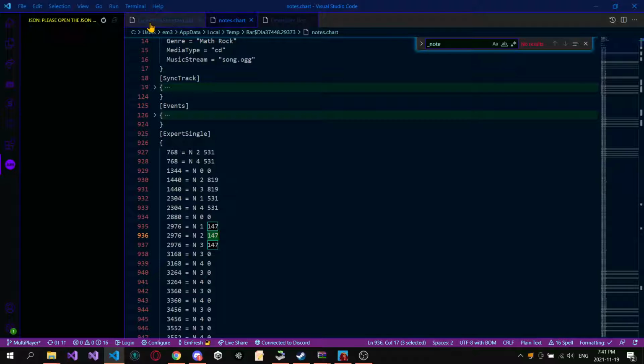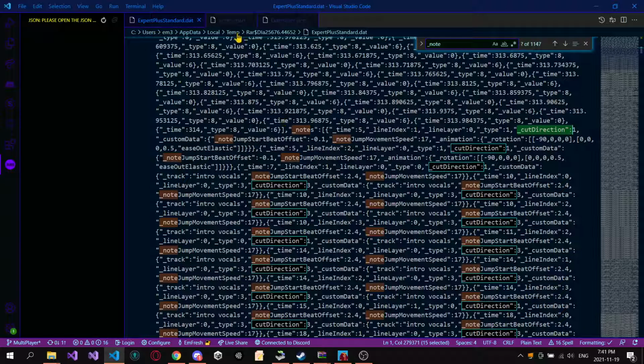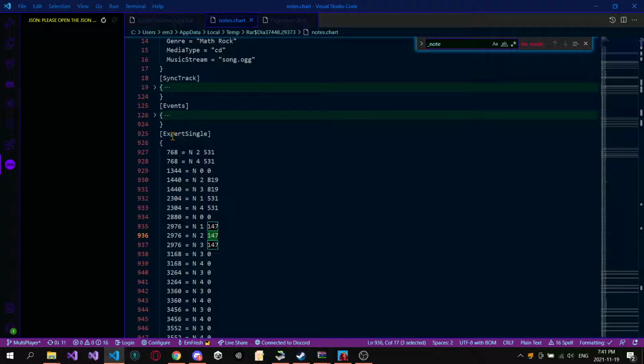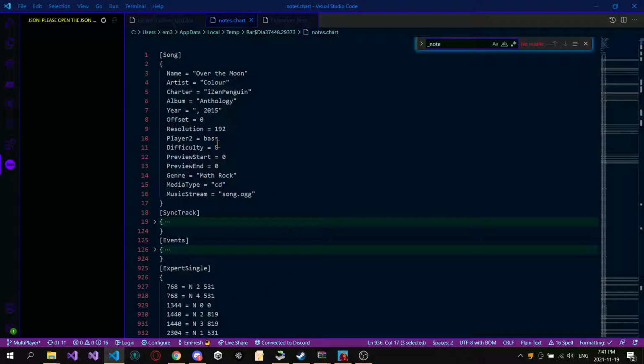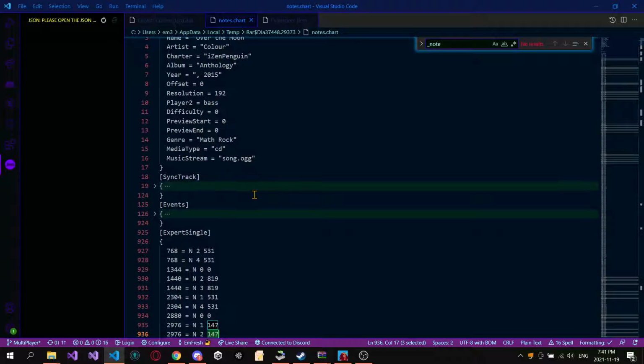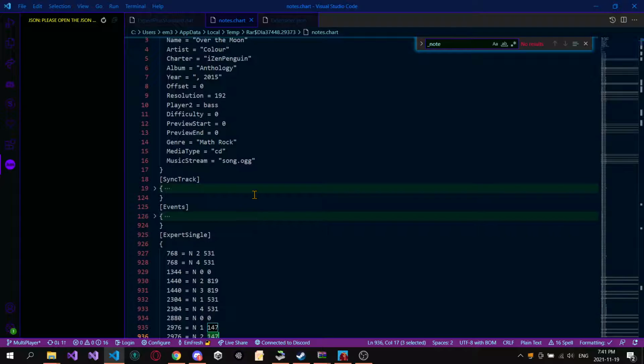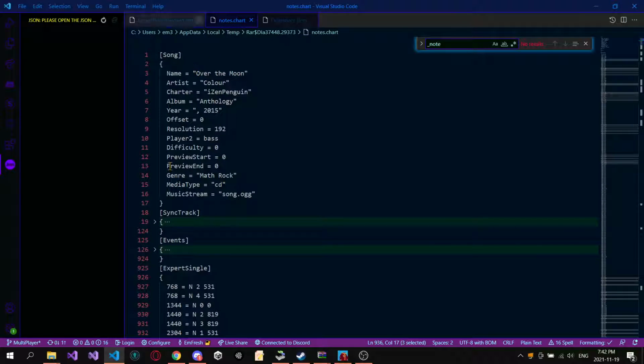So that's basically it for Beat Saber. This one is for Clone Hero. This is how they organize their stuff. So this is another song that I just downloaded from somewhere. I don't even know where I downloaded this, but see, it has the regular song information,